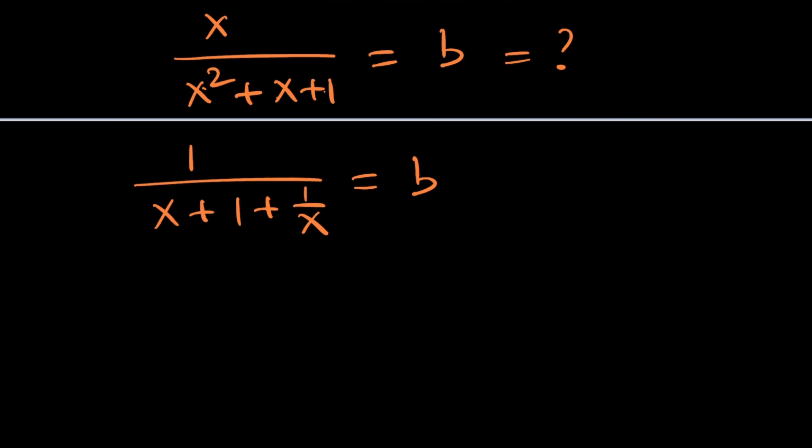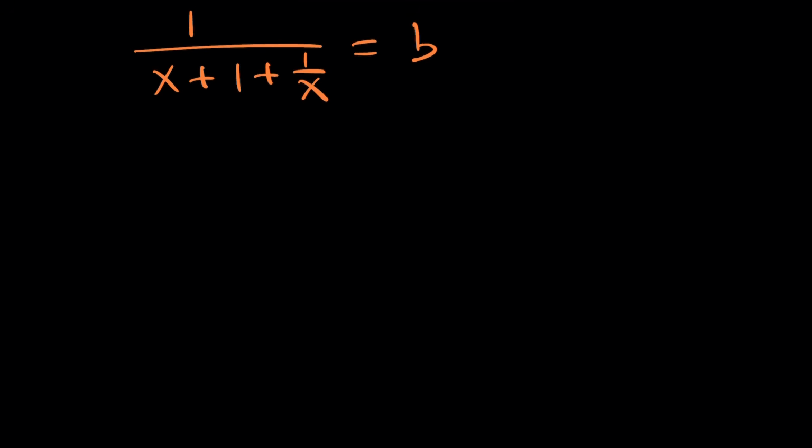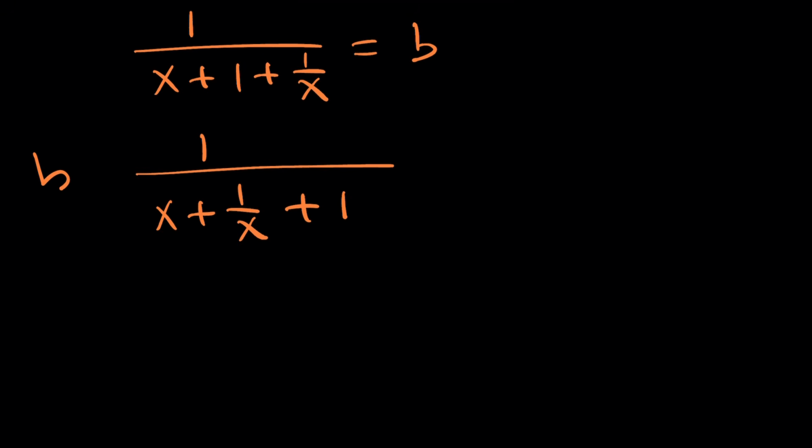Now, how is that helpful? We can again do the same thing. Since we're looking for b, let's go ahead and save it, not change it. And let's go ahead and switch these around. And this is b. And since I'm looking for b, I need to know